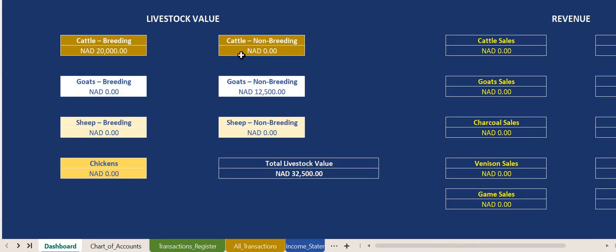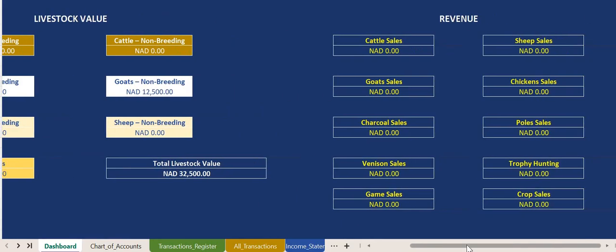These will be their numbers, and then it will give you the total livestock value. Then you'll see the different revenue streams broken down, telling you exactly how much revenue you got from what